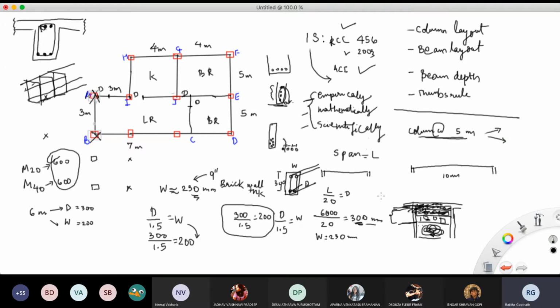ठीक है, so ये हो गया आपका depth and provided that it is a simply supported beam. All right, so simply supported, I don't know if you guys are writing these things down, please do so. Simply supported beam, and please write IS 456. Okay, so you can always give a reference to whosoever is going to question you कि ये ऐसे किसने बोला. तो बोल सकता है कि IS 456 में दिया हुआ है, सिंपली सपोर्टेड बीम है अगर, तो उसका L/20 लेगा, तो depth is roughly this much.